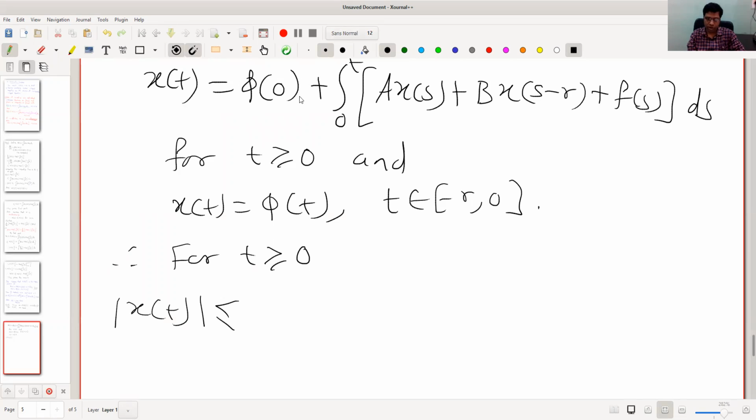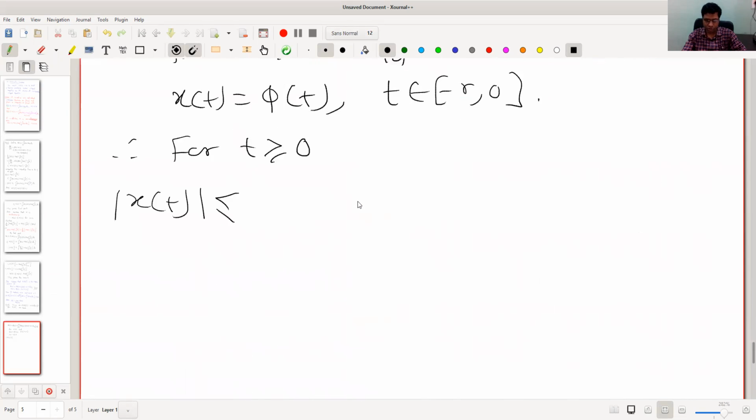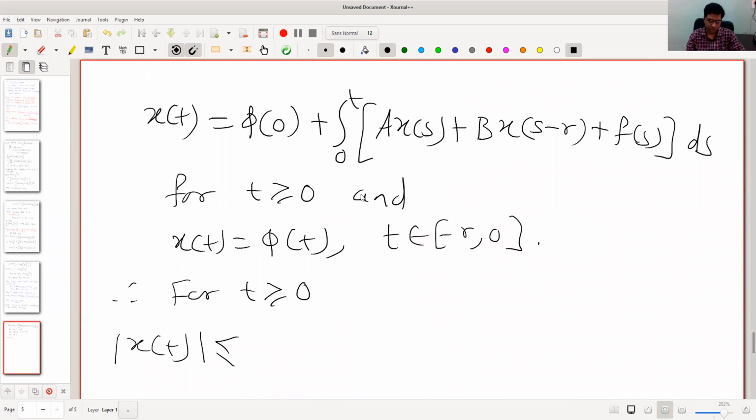The modulus of phi of 0 is less equal the norm of phi. We have seen that the norm of phi is the supremum of the modulus of phi of theta for all thetas in the closed interval minus r to 0. So this value, the modulus of phi of 0, must be less equal the norm of phi,